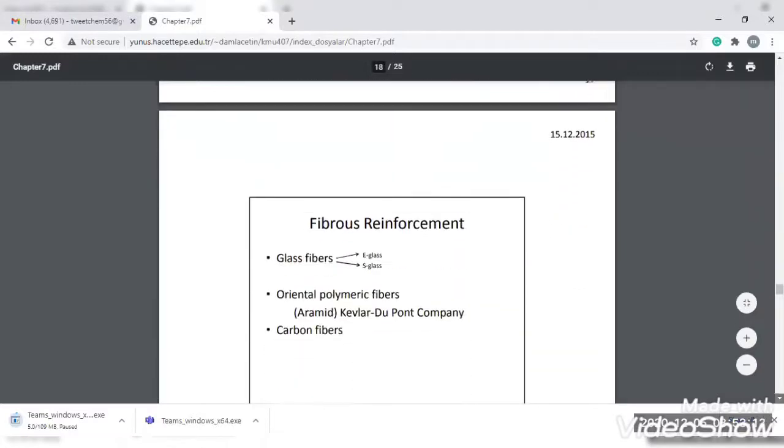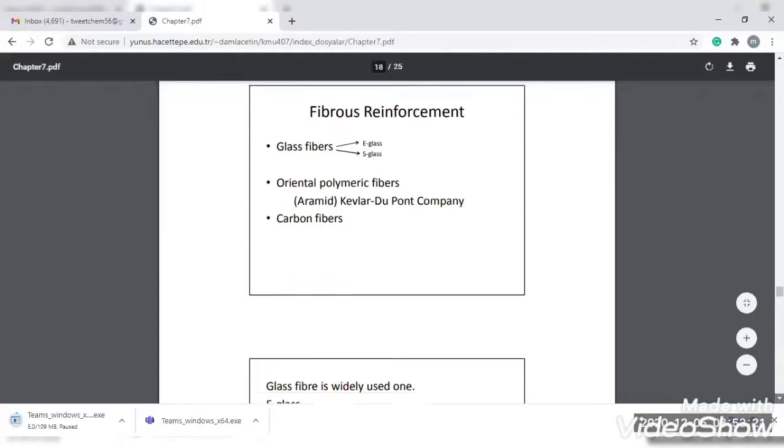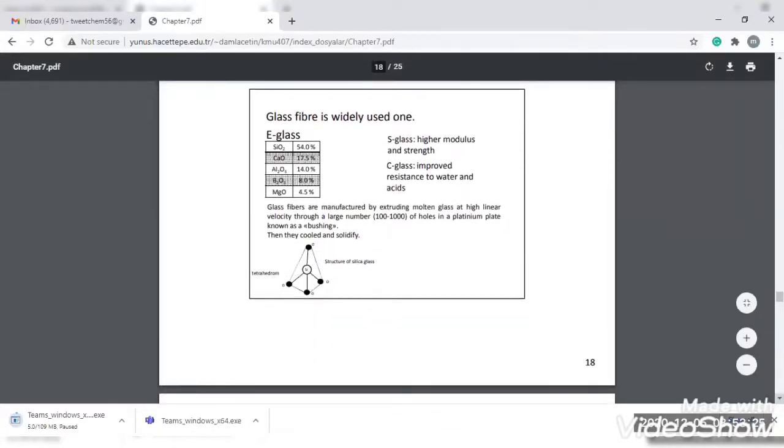What is the fibrous reinforcement? Glass fibers are E class and S class. Oriented polymeric fibers: aramid, Kevlar from the DuPont company, and the carbon fibers. What is the glass fiber? E class is widely used, containing silicon oxide, calcium oxide, aluminium oxide, boron oxide, magnesium oxide in different percentages. S class has higher modulus and strength, and C class has improved resistance to water